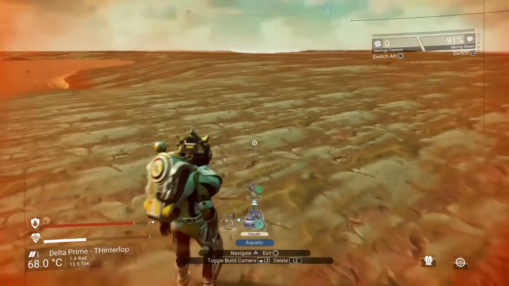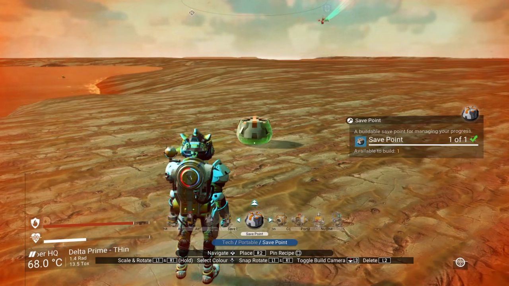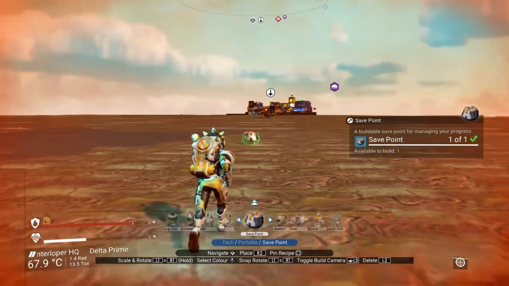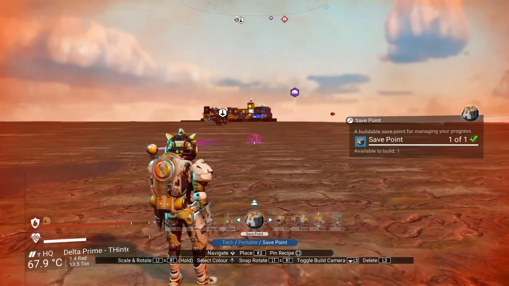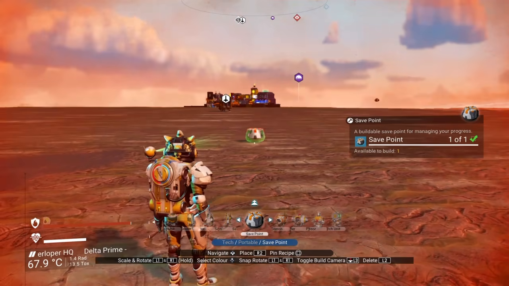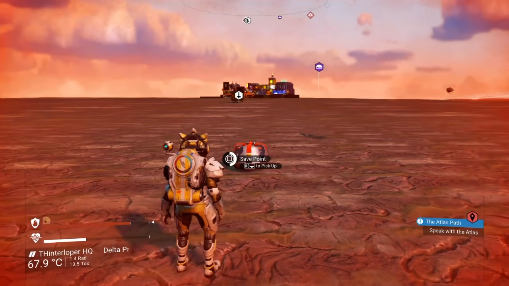Let me see if I've got edit rights now. Let me see if I can put down my own save point. Yes, I can put my manual save here. How close can I put this to your base? Let's see how close I can get. Yeah, there you go. There's your build limits just there. So if I put it here, let's put it there. And if I make a manual save here,